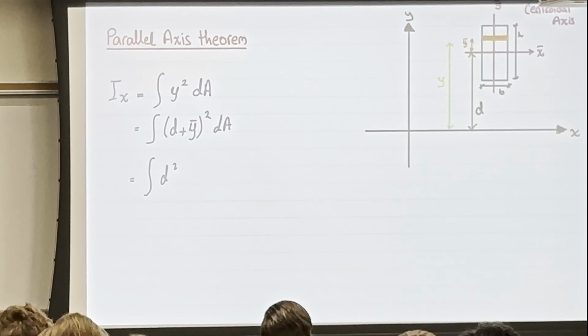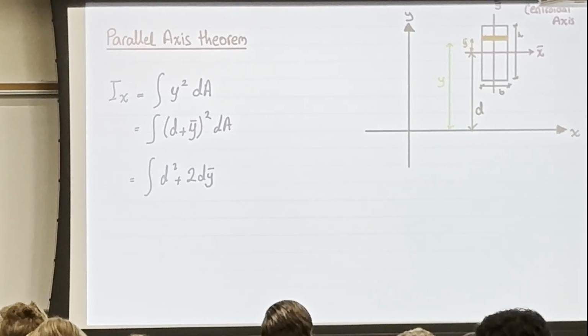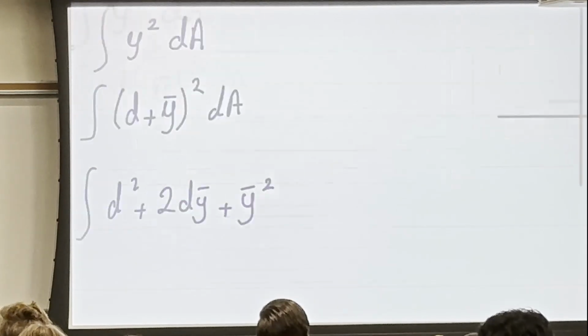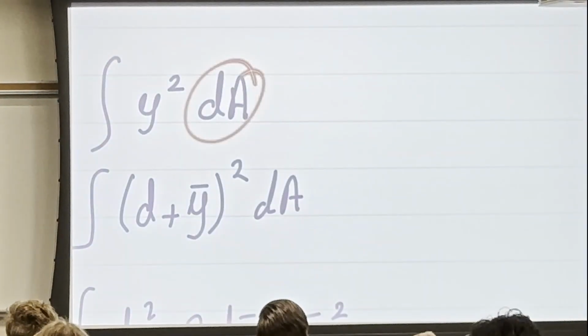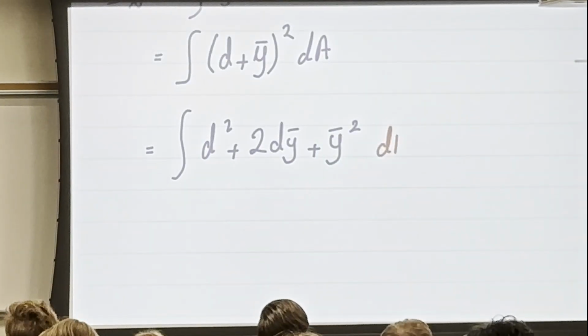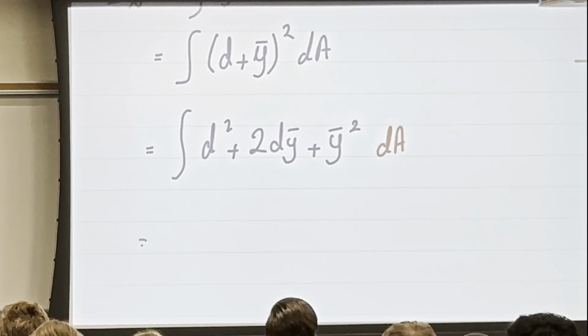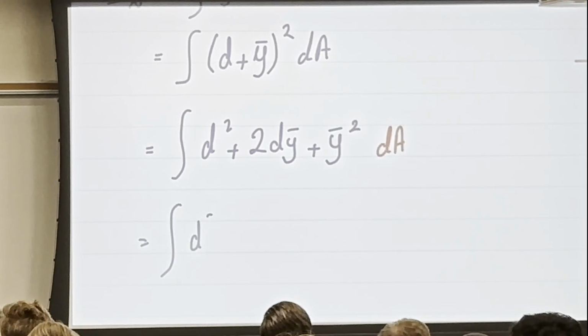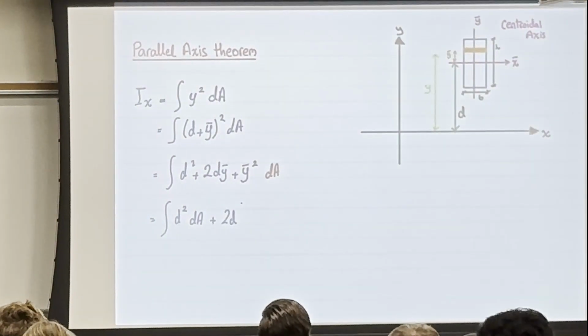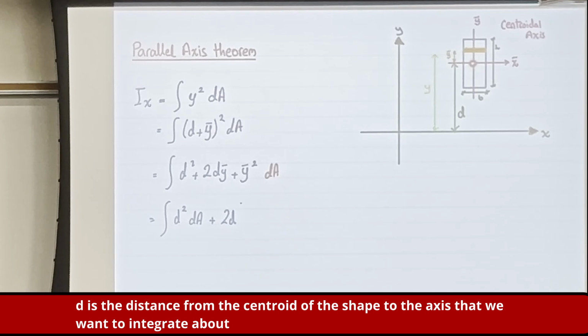We have d squared plus 2 d y bar plus y bar squared. And d here is a distance, so this is a constant. This is not like a dA here. This is just a constant. And if I want to use the properties of integration, if I do have addition, I can separate the integration, which is d squared dA plus 2, and I'll put the d out because, again, d is a constant, because that's the distance from the centroid of the shape to the axis of reference,